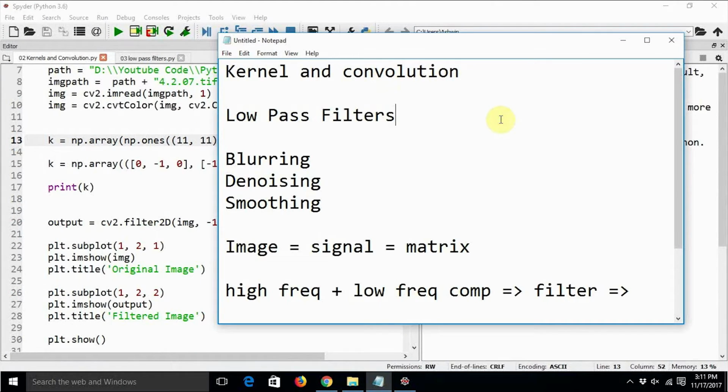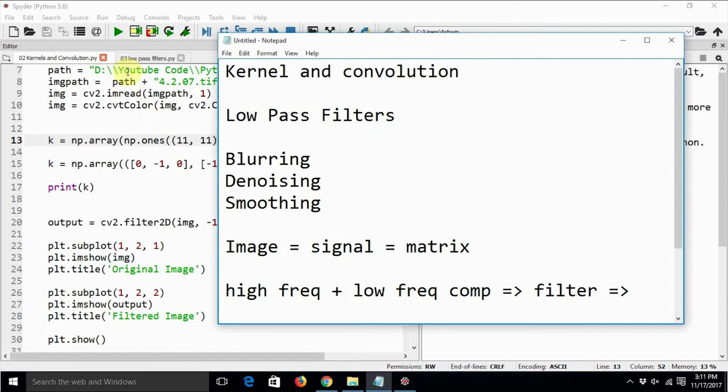The beauty of these functions is that we really do not have to create convolution matrices or kernels and pass them as an argument to these functions. We just need to pass the sizes of the kernels that we want to use, and these functions will automatically create the kernels internally, apply that kernel to the image, and return an output image, which we can catch in a variable and then use it for whatever we want. These functions are known as low pass filter functions, and they are very useful.